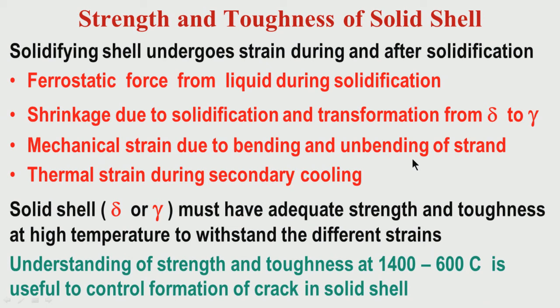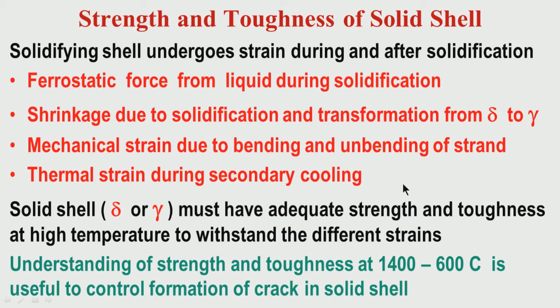I have shown you the examples, whether it will be tensile or compressive. It depends on whether it is the inner radius or the outer radius, whether it is bending or straightening, unbending. Again, after solidification is complete, or even before that, when the strand is coming out of the mold, just it has come out of the mold, then what is happening? There is secondary cooling. So secondary cooling means cooling by water on the surface of the strand or by mist cooling. So because of that there is a thermal strain because of temperature difference, because the water or the